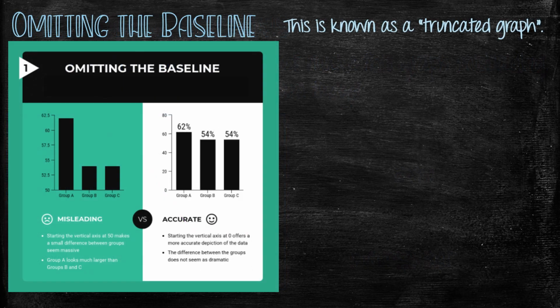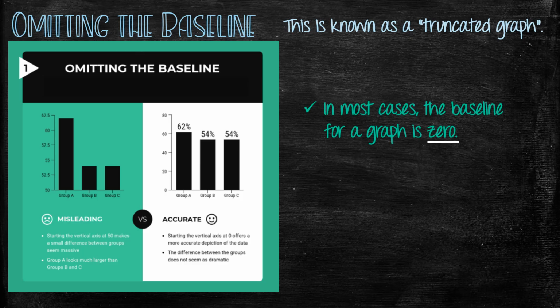Omitting the baseline is one way to mislead with graphs. This is known as a truncated graph. In most cases, the baseline for a graph is 0. Look at those two graphs on the left. The one in green does not start at 0, and the one on the right does start